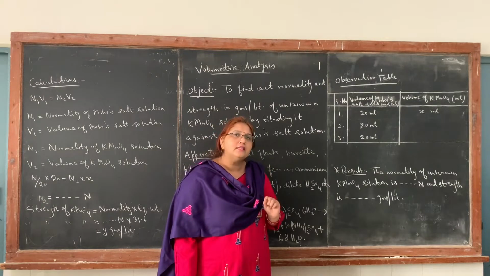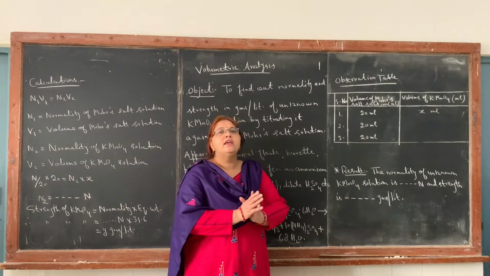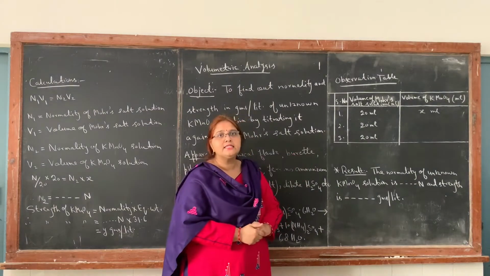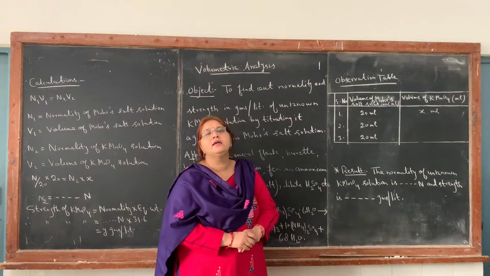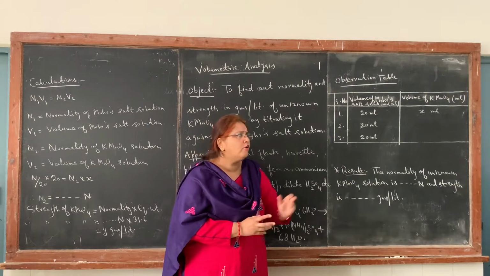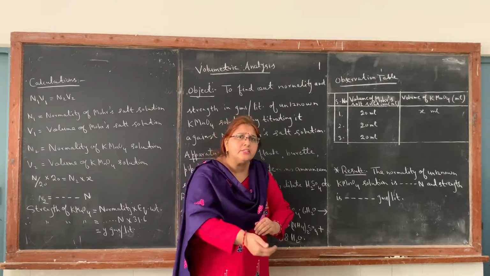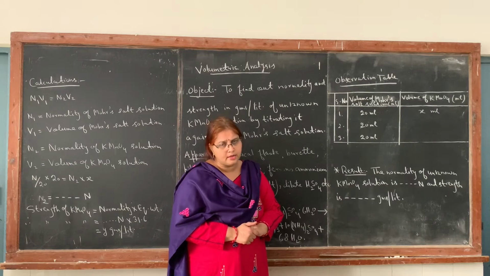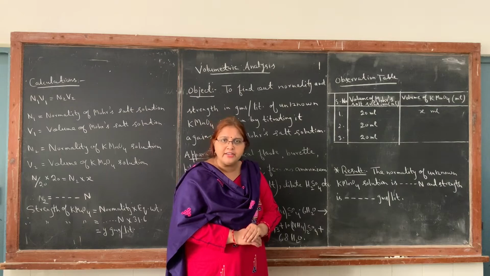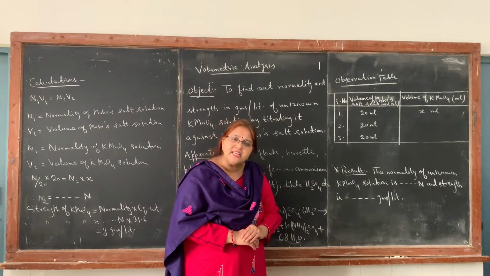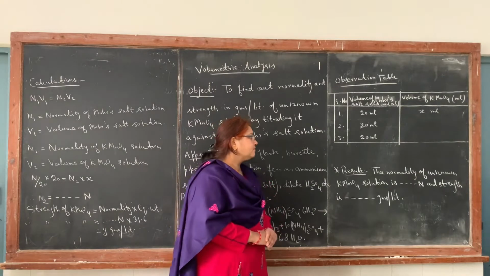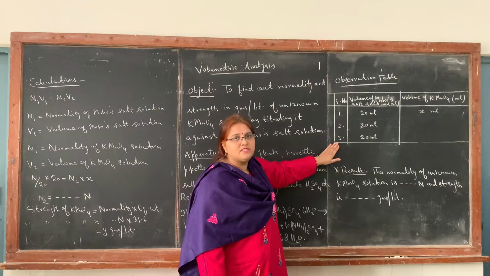We have to make it very clear that we have to perform the experiment and take the readings till we get 2 similar readings. That is, if suppose we get 21 ml of KMnO4 used, then again it should be 21 ml of KMnO4. If it happens, then our experiment is correct. We have titrated it correctly. Otherwise, repeat it again till you get 2 similar readings. You can note these down in the observation table.